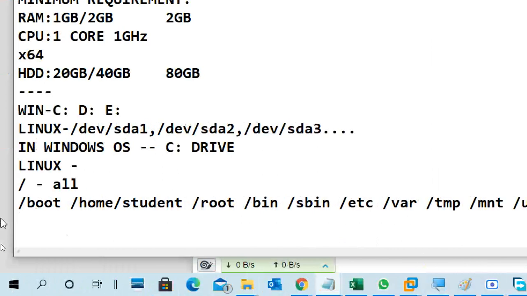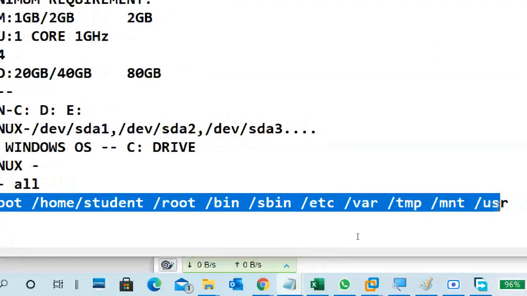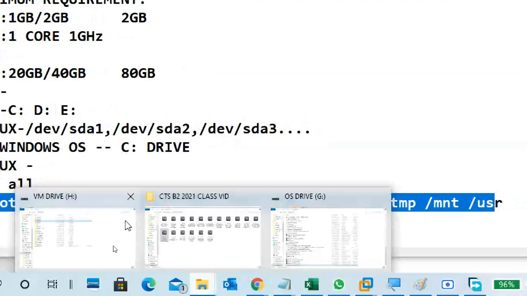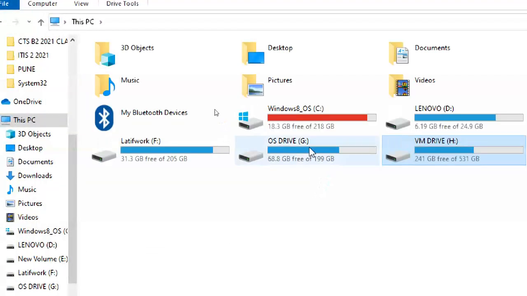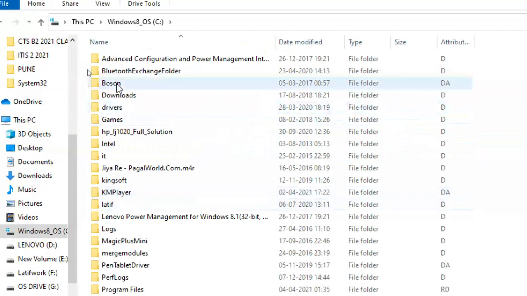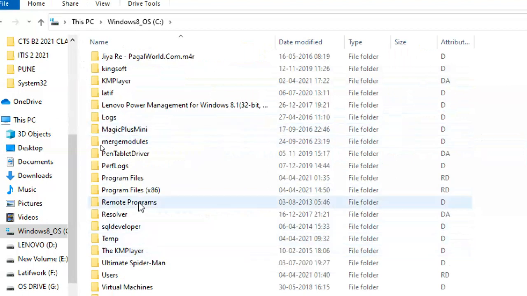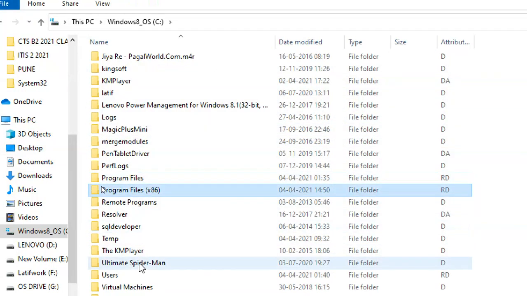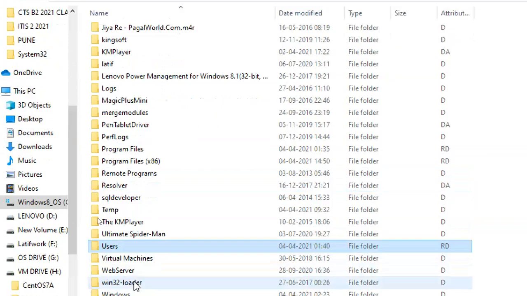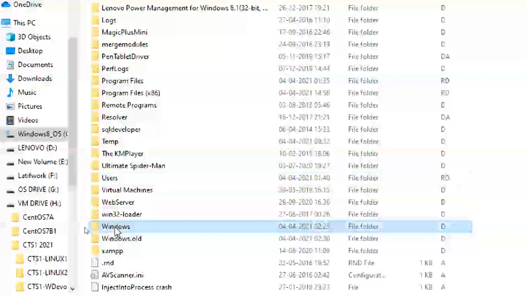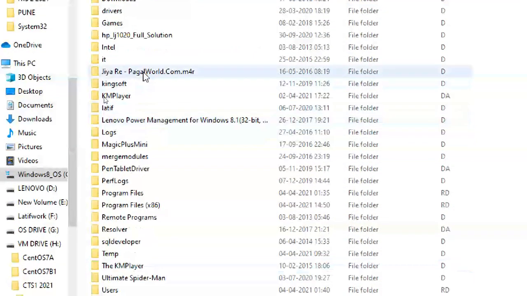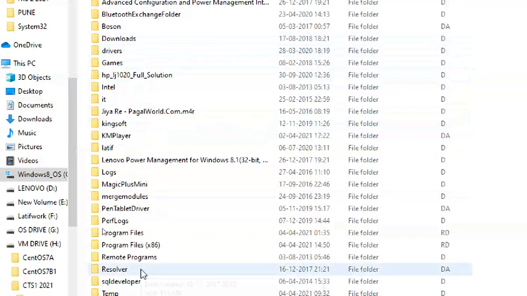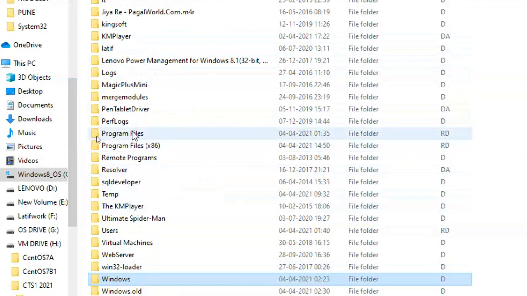So what are these directories? Very simple. Go to the C drive, I will show you. In a system you can see Program Files, Users, Windows. These are all default folders, right? My system is an old system, so I have a lot of things here, but generally it is okay.